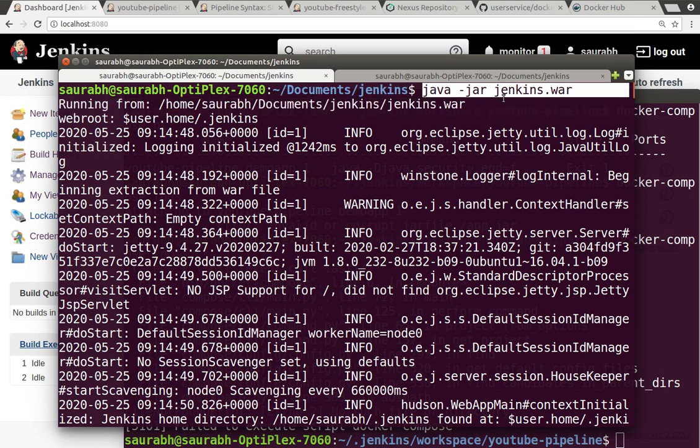So for the Jenkins server, I have downloaded the Jenkins WAR file. From that, I'm starting this Jenkins server. You can see that I have started Jenkins by directly running a Java command, hyphen jar, and this is the Jenkins file. After that, you will get a prompt in the window which will give you the default password for admin. You have to enter that one.